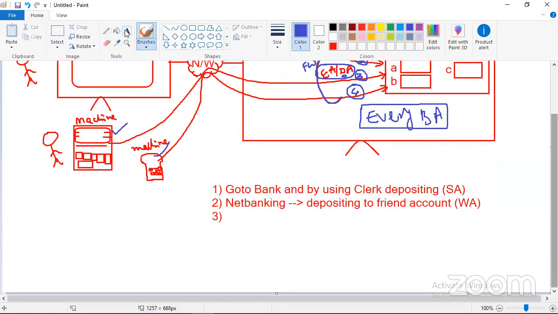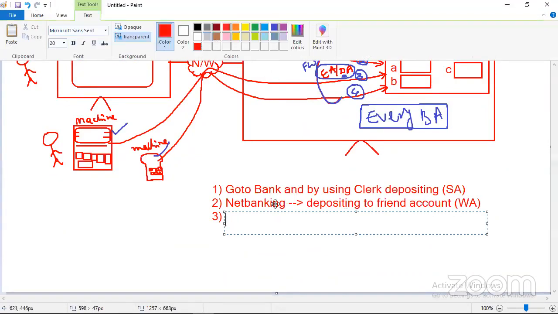Okay. Now tell me, an application that can be accessible, what do you answer finally? Can be accessible from a machine also, and then we call it as what?